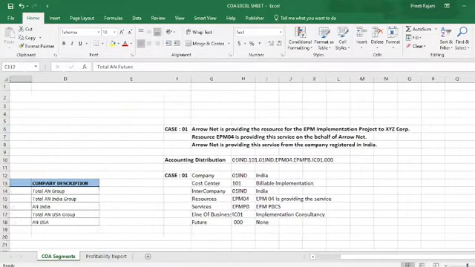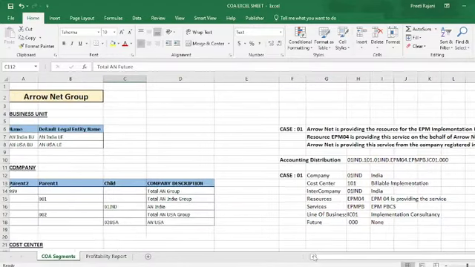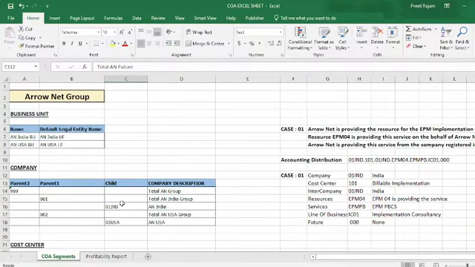Let's take one example. Aeronet is providing the resource for the EPM implementation project to XYZ Corporation, and for providing this implementation services they are providing the resource EPM04 on their behalf, and Aeronet is providing this service from the company that is registered in India. So from your segment company, the company that will be applicable to the accounting distribution will be your Indian company,